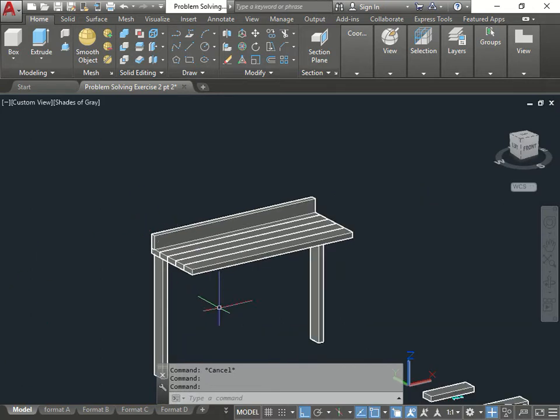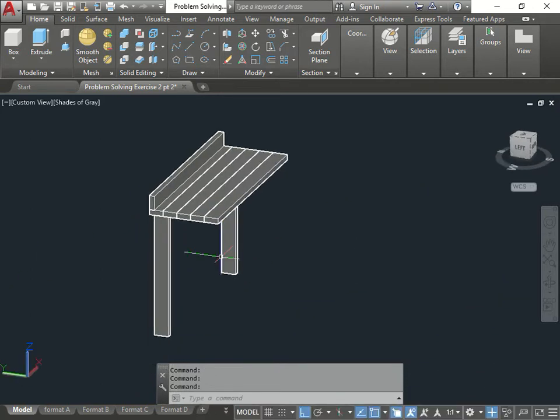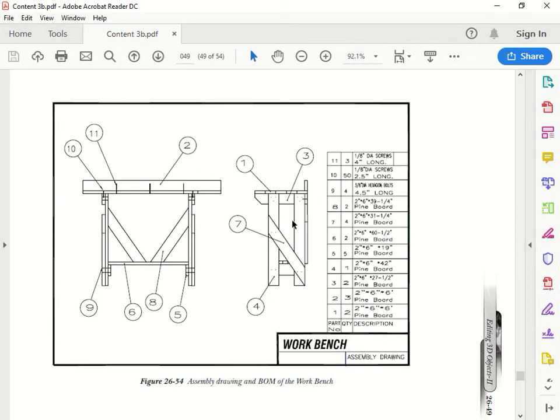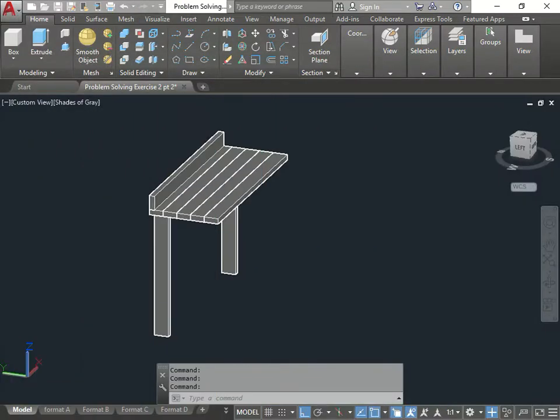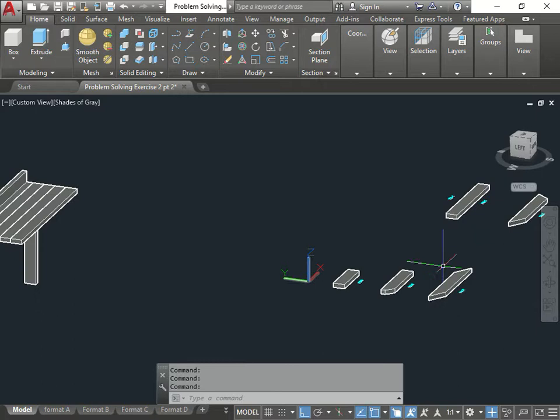The second leg we have to wait because we're going to put it, but if you notice here, the second leg has to be parallel to number 7. So they have to touch each other, so they have to go through both. So for now we're just going to put number 7, and we're going to know exactly where this number 4 piece will go. Let's go grab number 7,